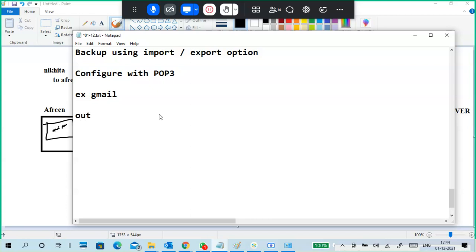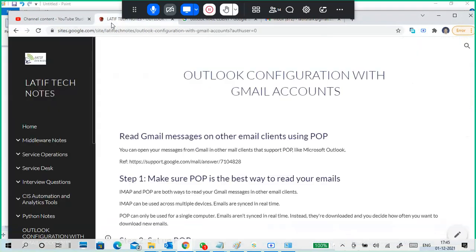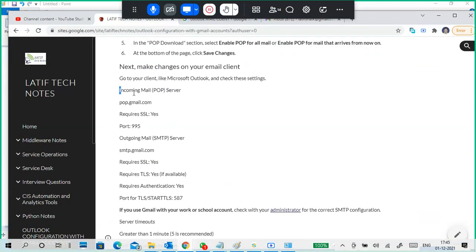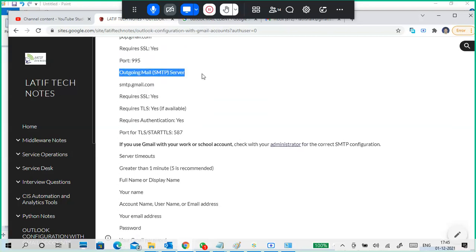Generally, your outgoing mail is always smtp.gmail.com. For Gmail, I'm taking an example. So this is incoming, this is outgoing.